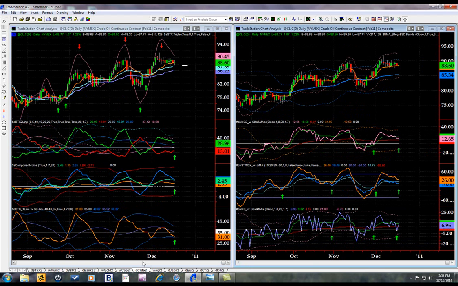Let's now move to crude, and notice that crude, the natural moving average has been essentially flat all through here with an upward bias, however, but therefore price has been oscillating up and down, back and forth across its natural moving average. And so we see prices here oscillating up and down, called quite well by the shadow. This top, this top, this top, this bottom right here. Notice that we have a singularity here going on in the triple STX. Then price moved above, came back down, touched it in classic fashion, and then moved above it right here